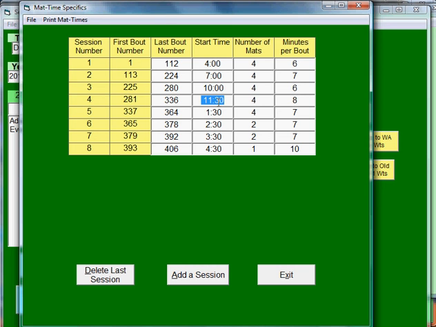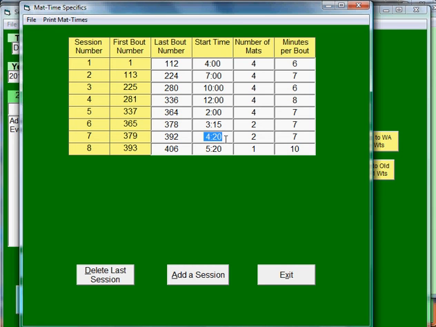Of course, I'm going to have a little bit of a time break here for something to eat before the semis, so I'm going to change this to 12 o'clock, and this will give us time to eat, and then we will have the rest of the tournament. Of course, these matches right here are the consolation semis that go into the placing matches. They might get ahead of each other. You might want to change that to 3:30 or even 3:15, just to make sure that you don't have any overlap coming up